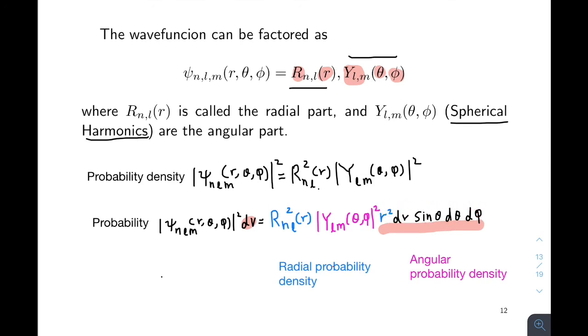From here we can work out the radial probability density, which is R NL square times r square. This tells us how far the electron is likely to be from the nucleus, and the angular distribution of the electron around the nucleus is given by the angular probability